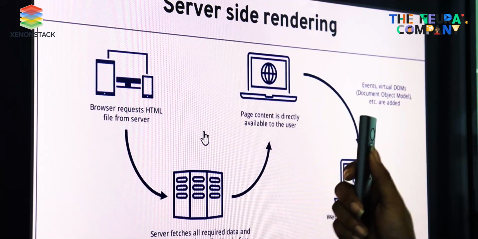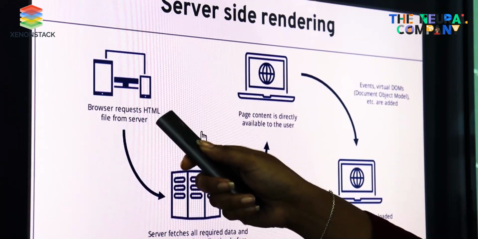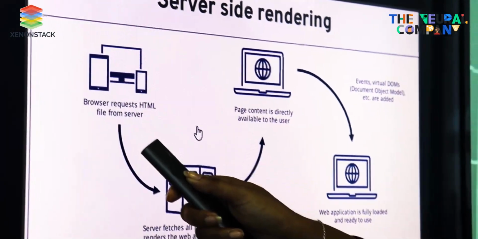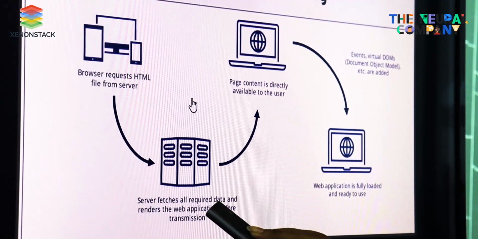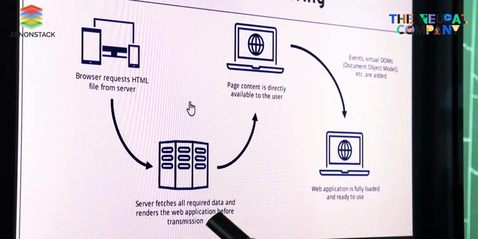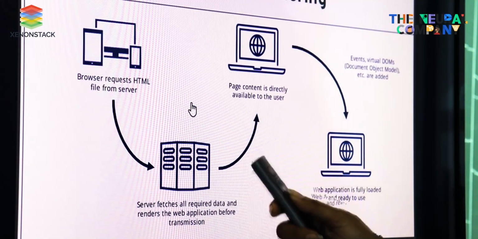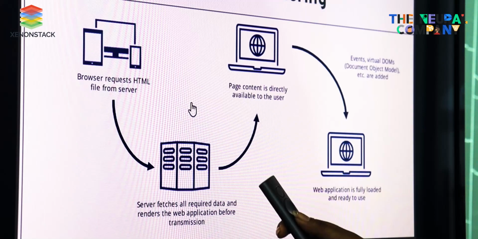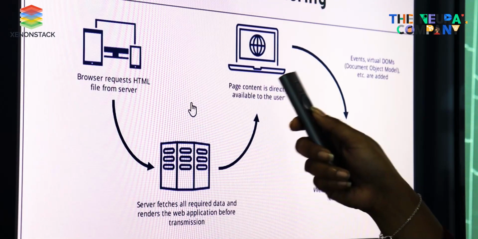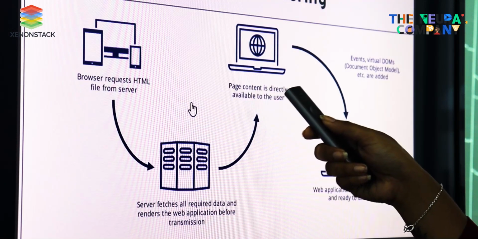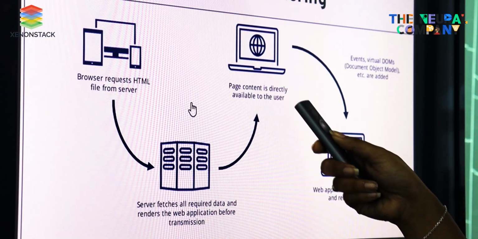So with server-side rendering, first the browser requests HTML files from the server. Then the server fetches all the required data and renders the web application before transmission. I am repeating this part because the server is collecting, not sending to the browser. Then the page content is directly available to the user.